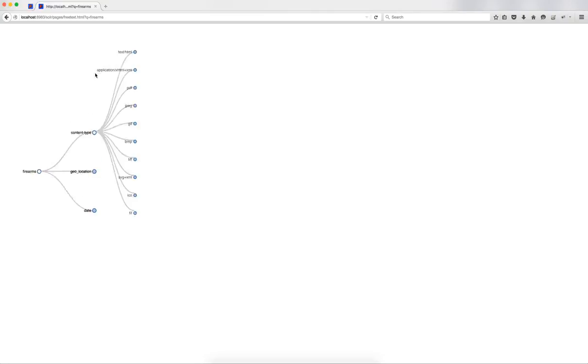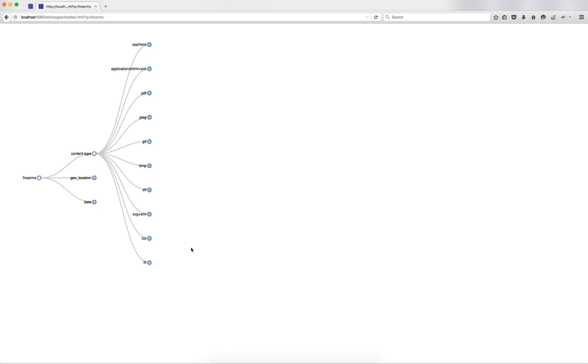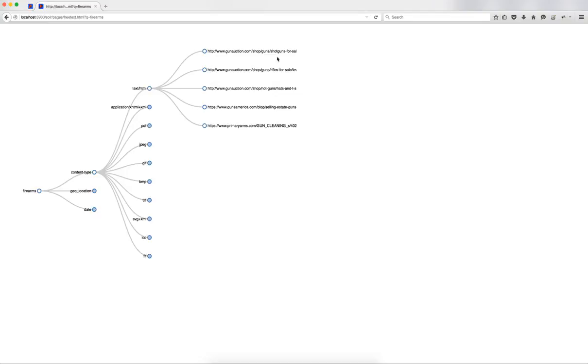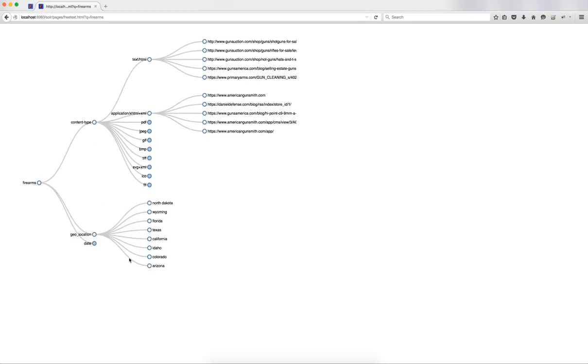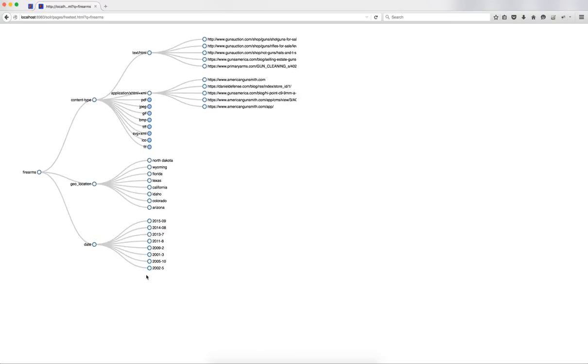For the content type, these were the 10 different content types that were obtained, and for each of them we've shown the IDs that they correspond to. We decided to show the top 10 geolocations for the query results that were obtained, and lastly the dates, which range from 2002 to 2015.